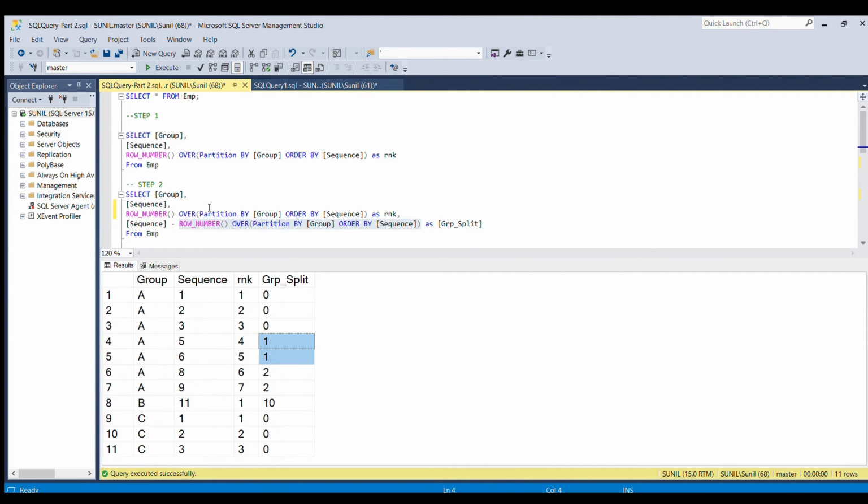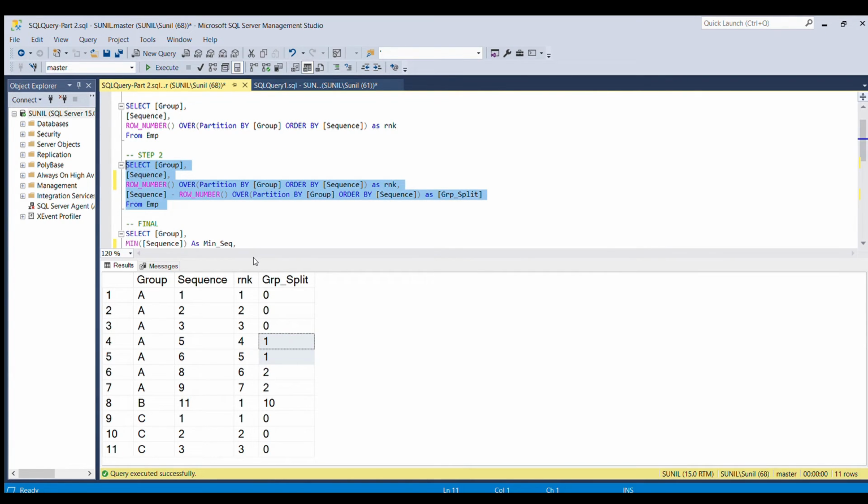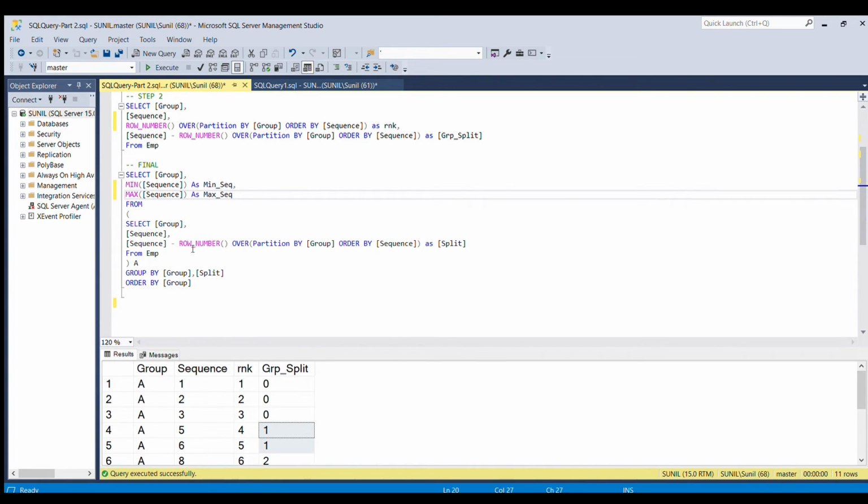So if we combine the step 1 and step 2 results in the final query, where we select the minimum value and the maximum value from step 2, this is the piece of code which I have embedded over here, and we have grouped it by the group field and the split field.